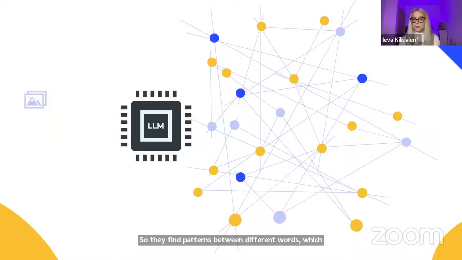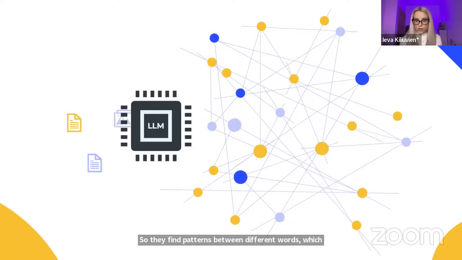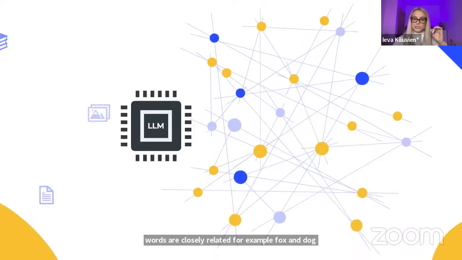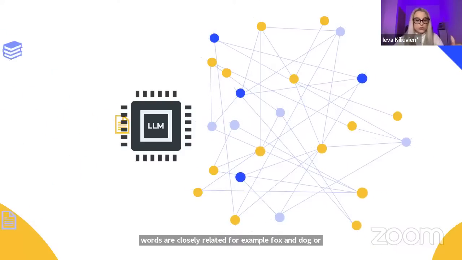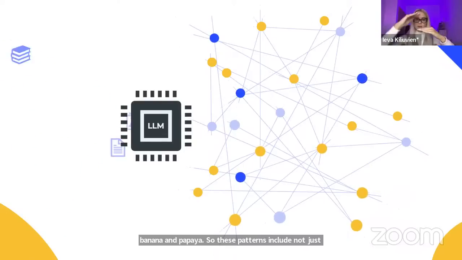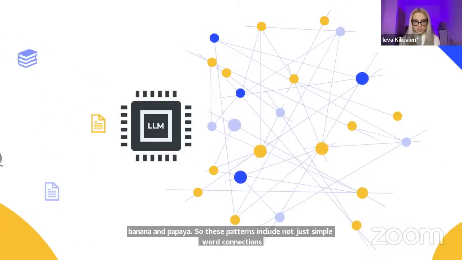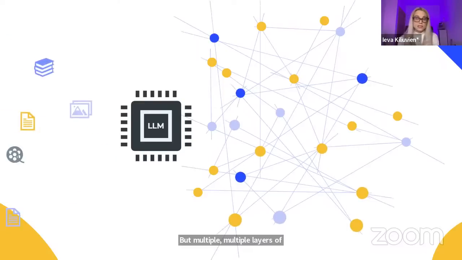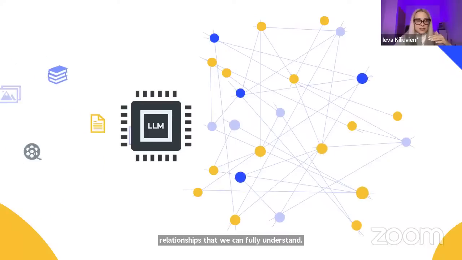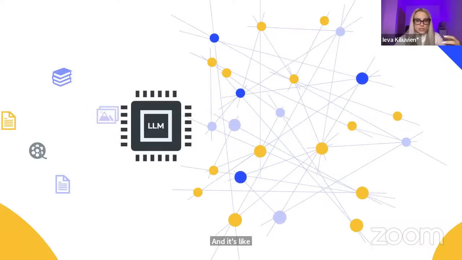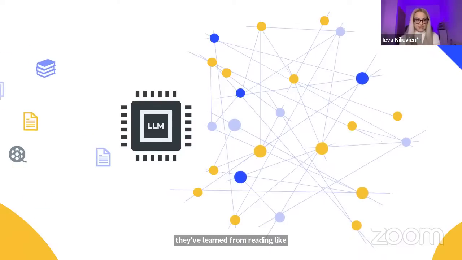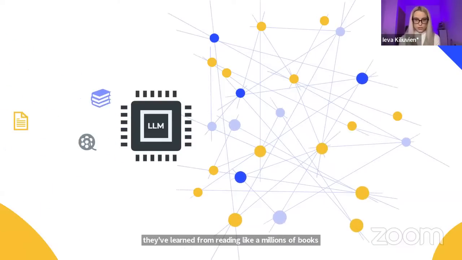For example, fox and dog, or banana and papaya. These patterns include not just simple word connections, but multiple layers of meaning and relationships that we can't fully understand. It's like they've learned from reading millions of books and conversations, understanding how people use language and